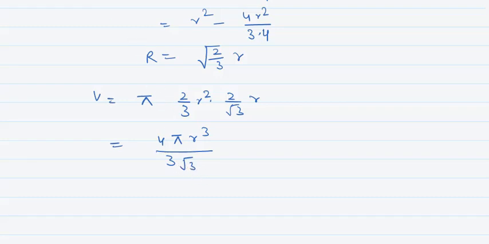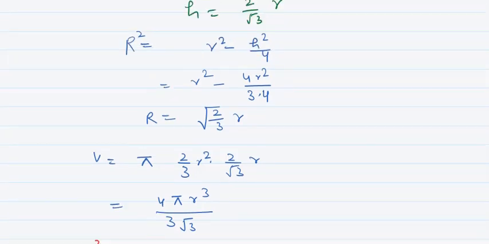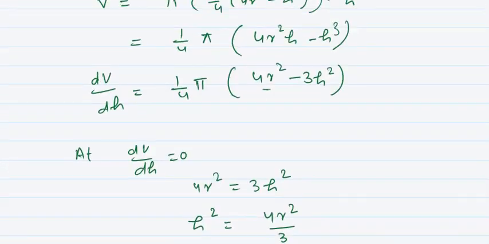Now is the time to prove that this volume is maximum. For that, you know very well, we need to go to the second derivative, that is d square v upon dh square. So let us check the value of dv upon dh first. This is the value of dv upon dh with us. Let us name this expression as third. So using third, if we calculate d square v upon dh square, clearly this is constant.